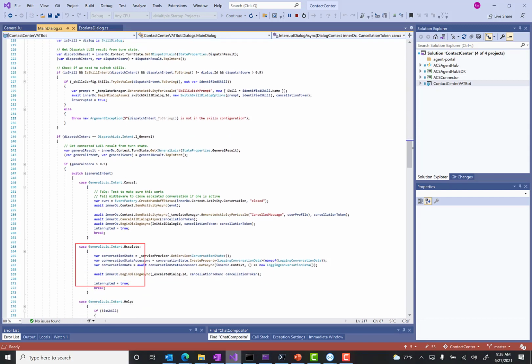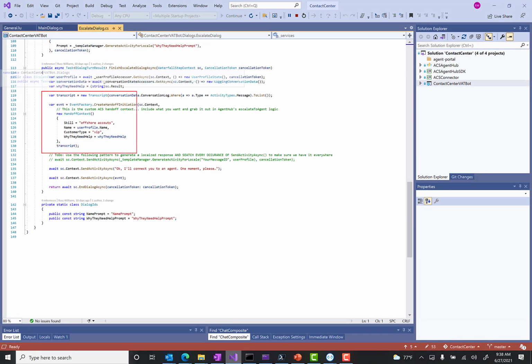Since I wanted to gather the user's name and the reason for the escalation, I've created an escalation dialog that I'm calling here. So if I switch to that dialog, you can see that sending the escalation event using the Bot Framework SDK only takes a few lines of code. Sending that event triggers the middleware to begin brokering the conversation to the Agent Hub,